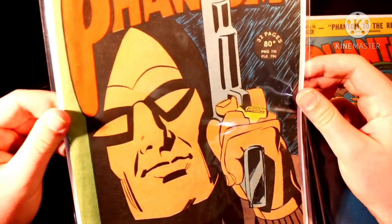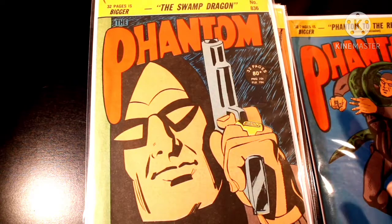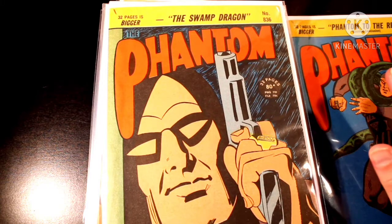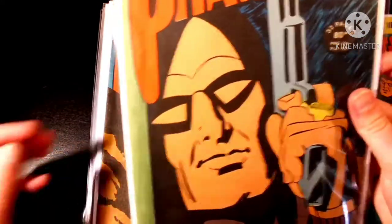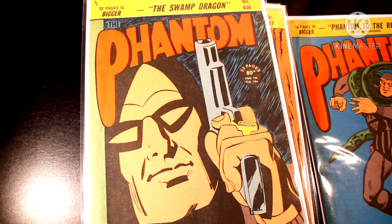And back in those days, we had cover artists like Tommy Hughes, who was doing the cover arts from, I think, the early hundreds of the early Phantoms towards the back end of the 80s or something like that. So we had a lot of good cover arts coming out, and most of the time we either had Tommy Hughes coming out with amazing artwork, or a picture from the Phantom comic